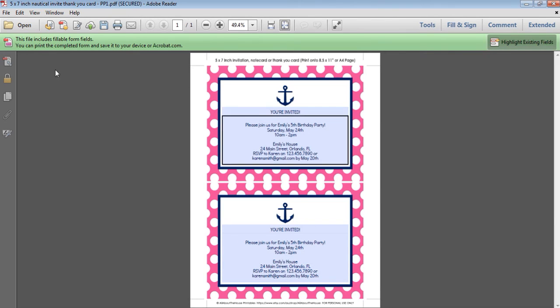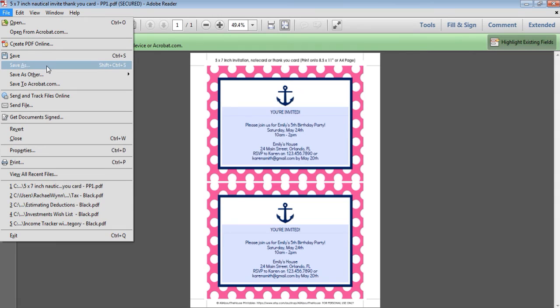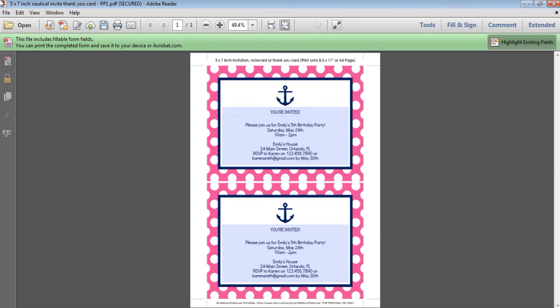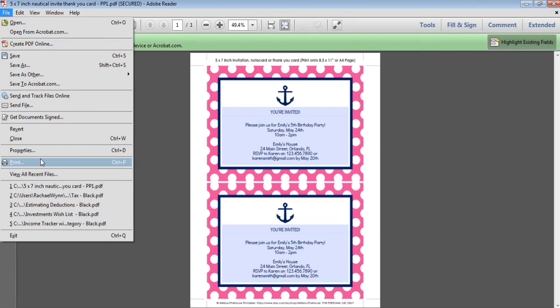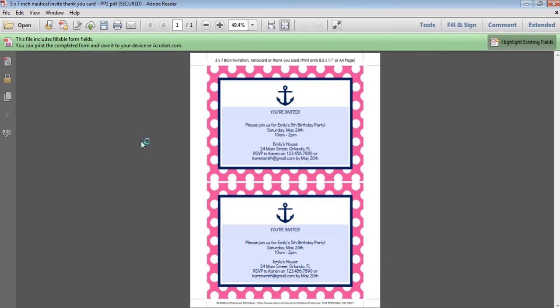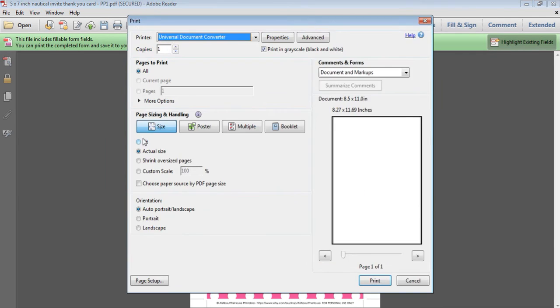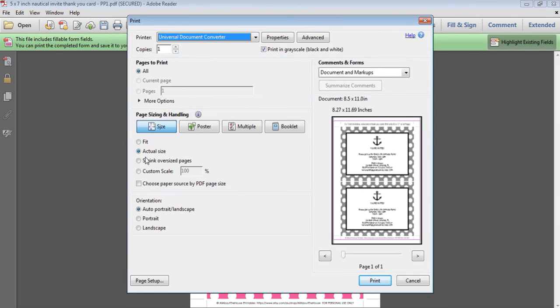So that's it. So you just go File, Save As, choose the new name, edited, pre-filled, or completed, whatever you want to add to the file name so that you know that it's finished, and then you can just go File, Print, and print them out. One thing to note, if you're printing these onto A4 page size, just make sure that you adjust the page size so that it says actual size, and just choose your printer.